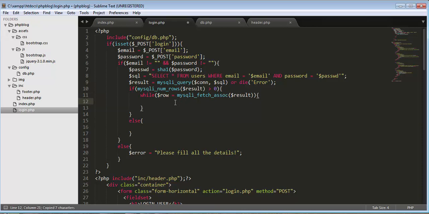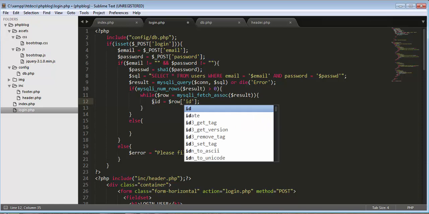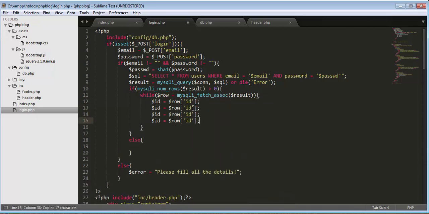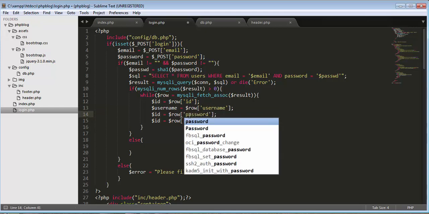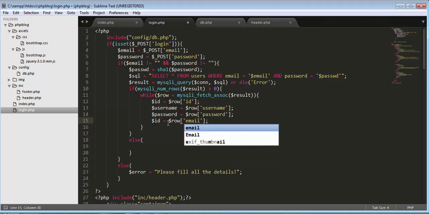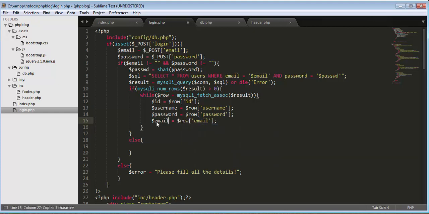I will get the entire information of that user: username, then password, and then email. If the data returned from the table contains any rows, I'll get the information of all these fields from the table